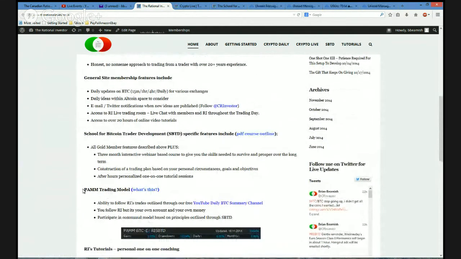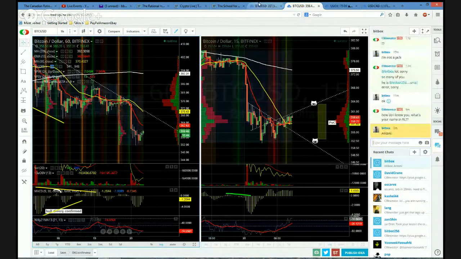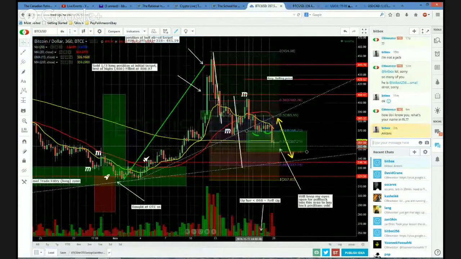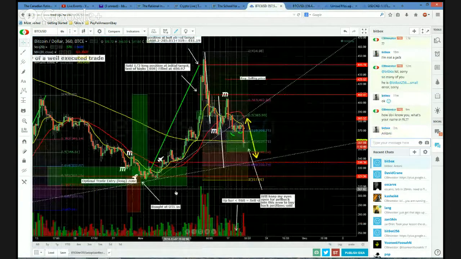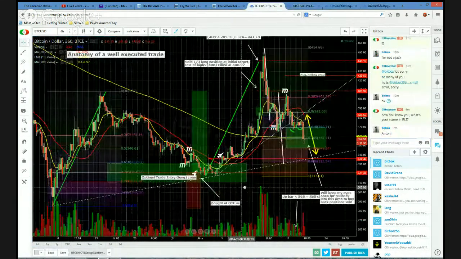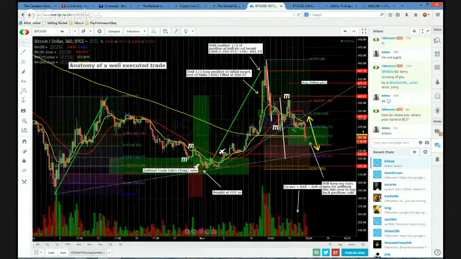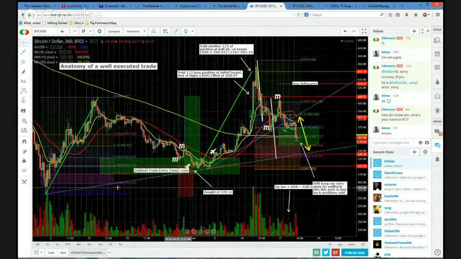We also have this PAM service that we're running right now. To be honest with you, I'm not overly impressed with this PAM service. The commissions are extremely high, and our account is very low. We funded it with like $200 just to get the thing active. We do have what we call our little old lady strategy working right now. Little old lady from Pasadena. We talk about it in the school and the videos quite a bit.